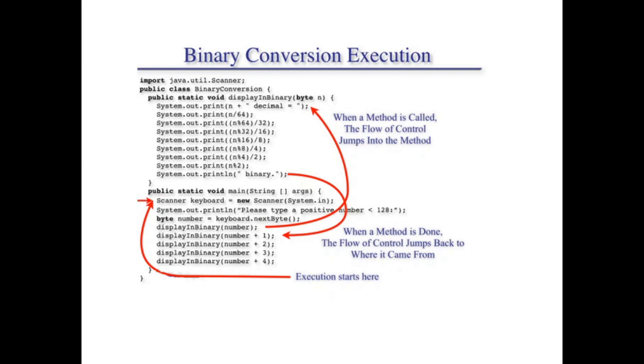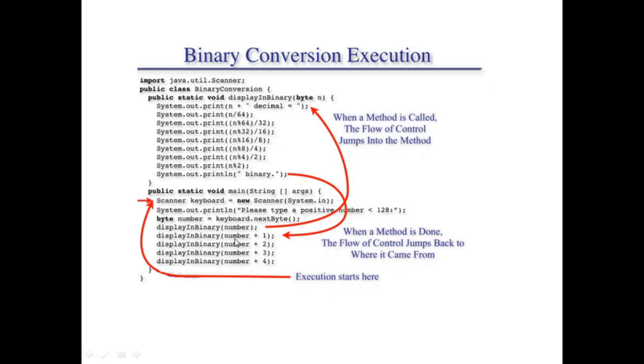Now this is showing the process flow, how things are going on. Whenever we call a method with an argument, this call is made to this, and it is passed inside it, like number will be passed inside n. There is a function display in binary which is defined over here, and when it is called, this is a function call and this is the definition. When we call it with an argument, which is here number, it will be copied to this argument n. Suppose you are passing 100, then this 100 will be copied inside n. Now n will hold the value of 100 and its binary pattern will be printed.